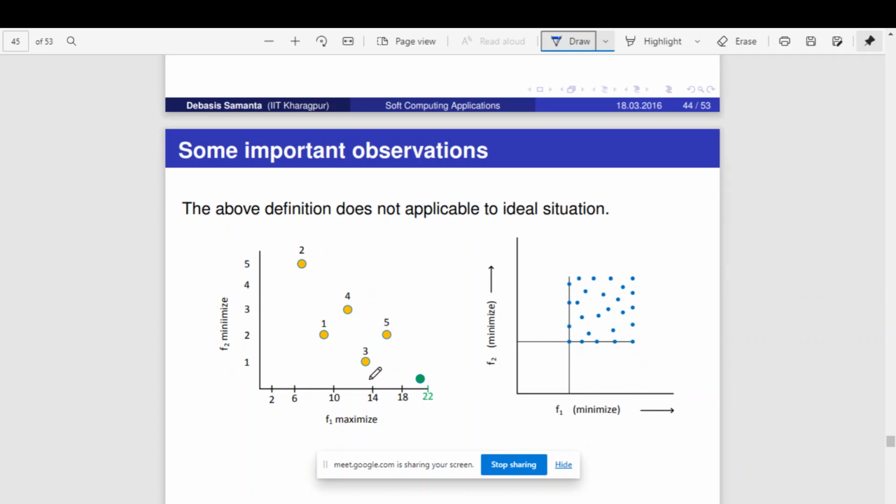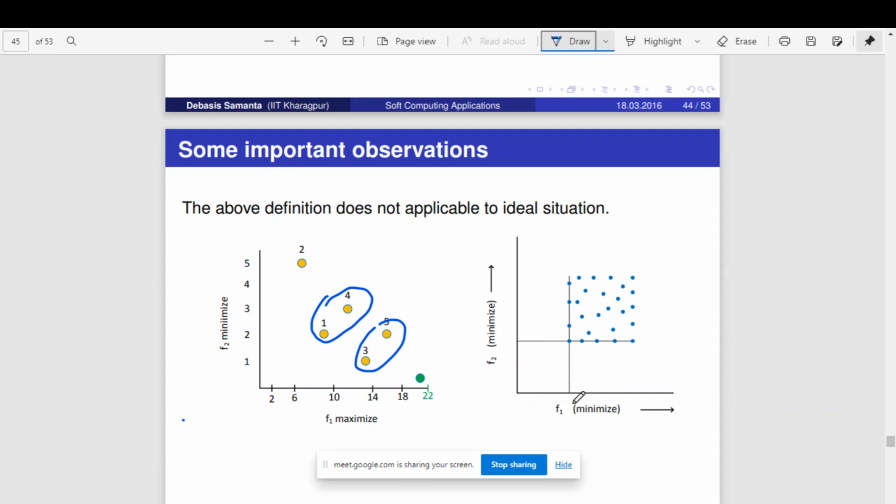So it's the same example. Here, what non-dominating sets do we have? One is 3 comma 5, the other one is 1 comma 4, right? Let us ignore the single-solution sets, because if you consider single solutions, then every individual solution also has to be considered a non-dominating set. This is with respect to this kind of solution, like real life, where you will have a plot something like this. But you see this ideal case. This right side plot is an ideal case. You won't get a plot like this, but this is an ideal case.